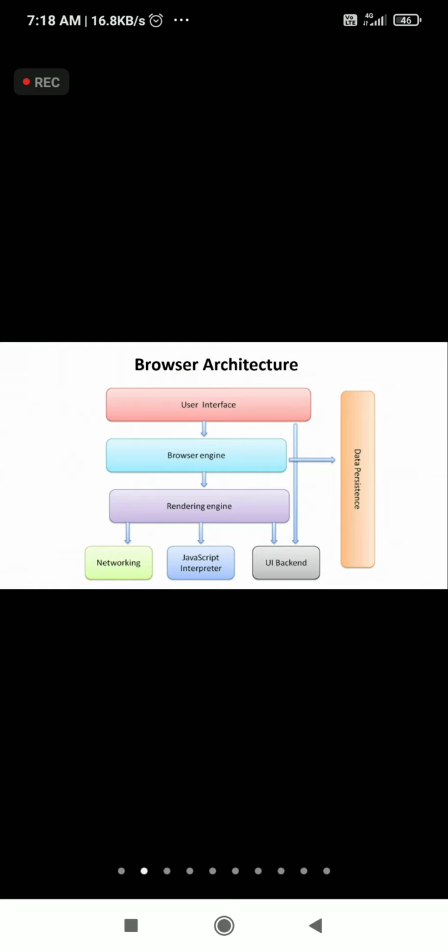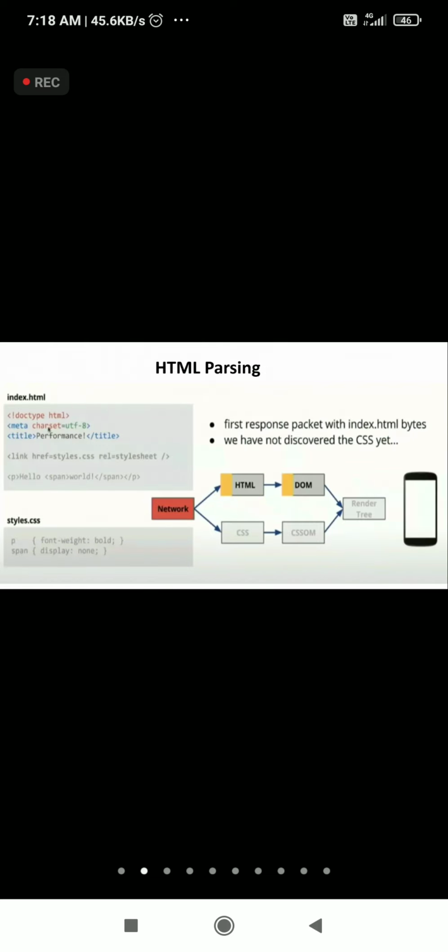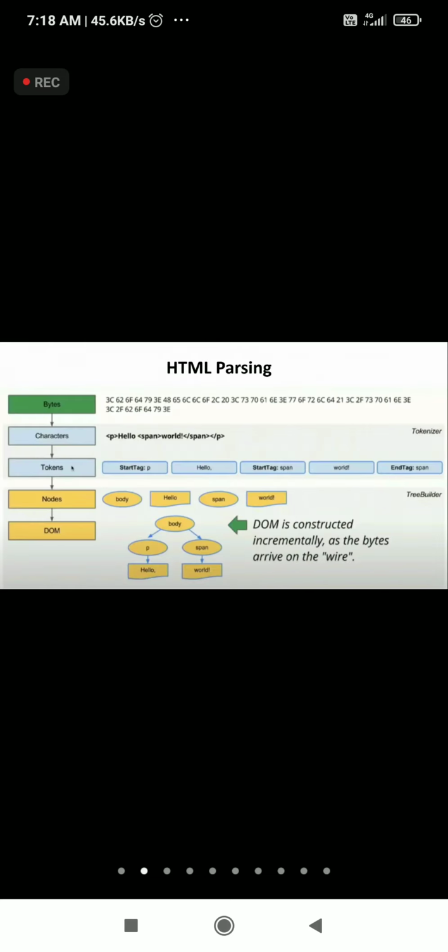This is the hierarchy in which it happens. I already explained in the introduction itself, right? The bytes will come, the bytes are converted into characters, and the characters are converted into tokens. These tokens are attached to the nodes and form a DOM, the document object model. So tokens will find the start tag and end tag and handle it.